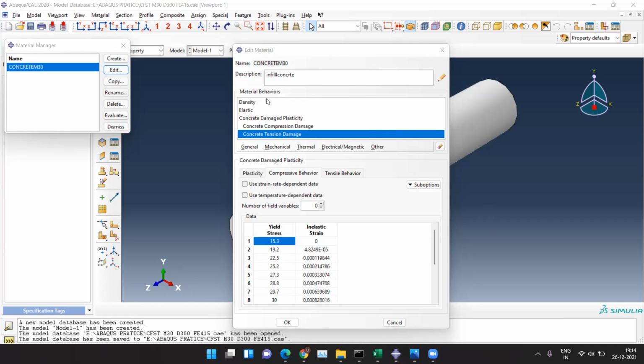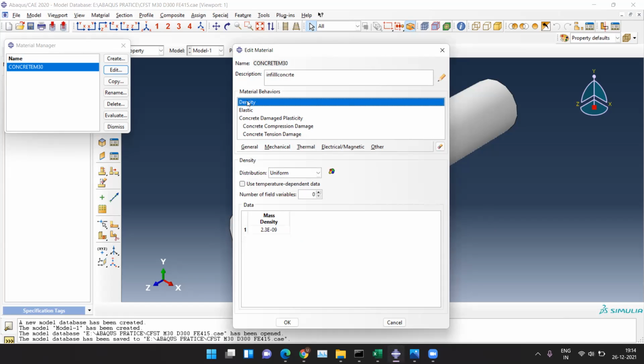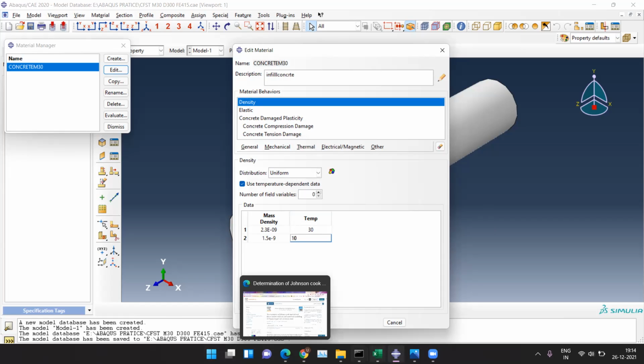See, here also you can use this temperature dependent option and you can feed at what temperature it is. Suppose this particular value you have is something around 30 degrees centigrade. And next you have to go and again say it like a 1 year. Right? So then here I just need to make it something around 10 degrees centigrade.